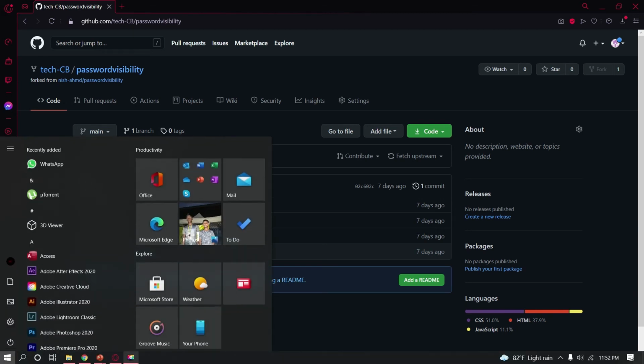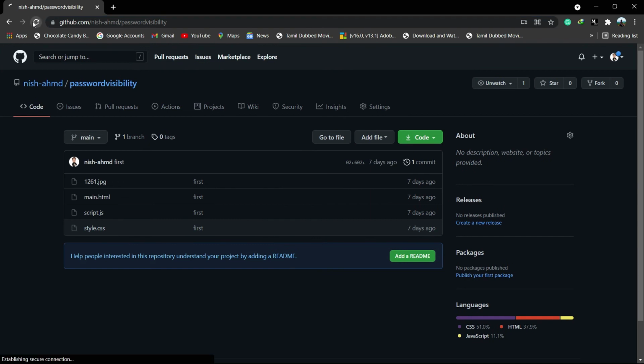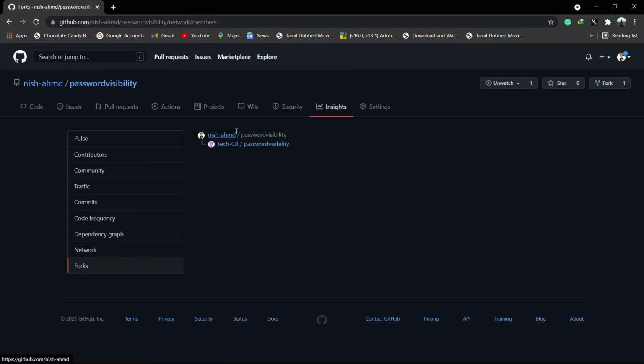So let me go to my main repository. Once I refresh this page, you can clearly see the main owner of this code is me, and I have copied that code and created another. So you can clearly see here, I am still the owner of this repository, and TechCB has forked and created a cloned repository into his account where he can make his changes freely.